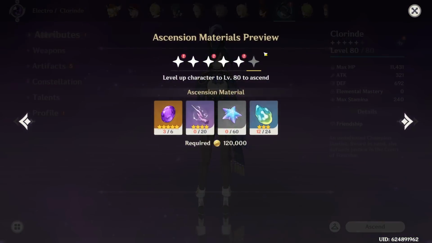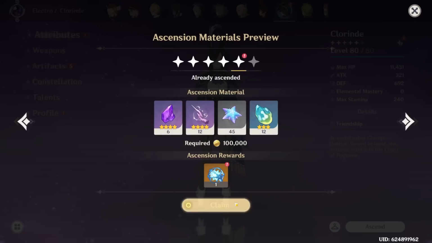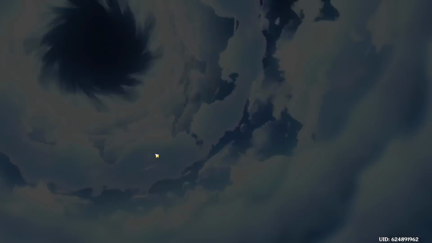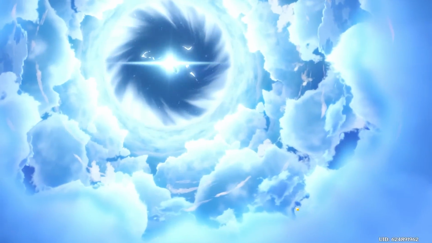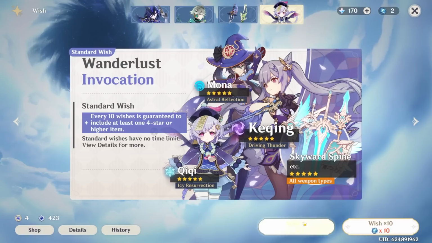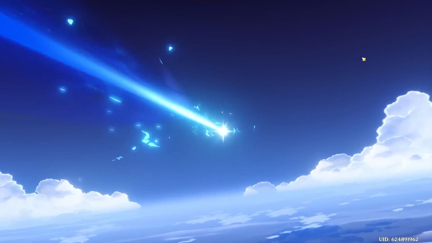That's okay. But we are going to get our 1, 2, and 3 Acquaint Fates. And you guys know what that means. It is time to get our very first limited 5-star from these free wishes. It's never happened in this game, but it's going to happen, not today, but on the second pull, guaranteed, going to happen. It's one of these videos, man, I swear. Please, I beg of you, happen to...